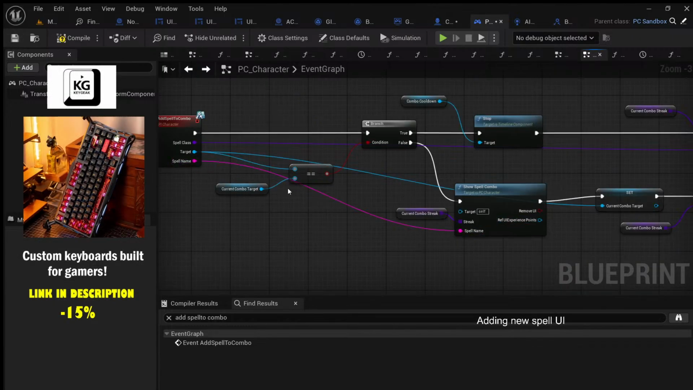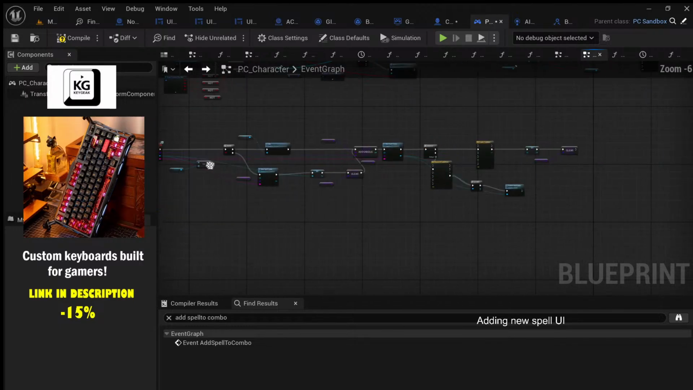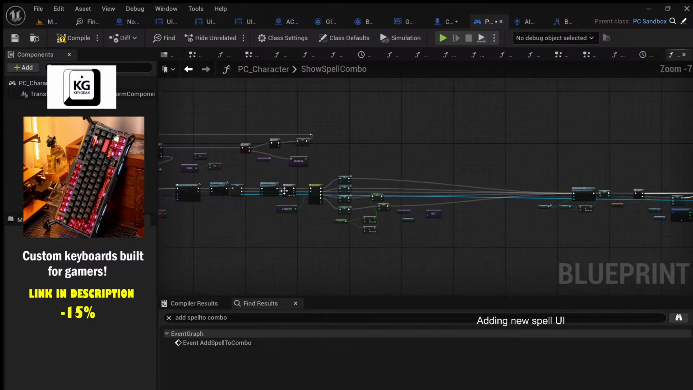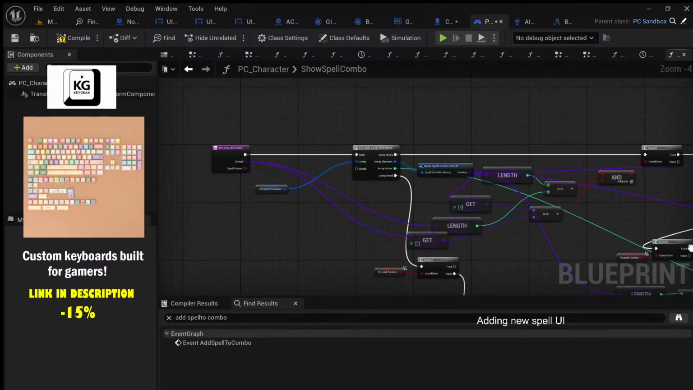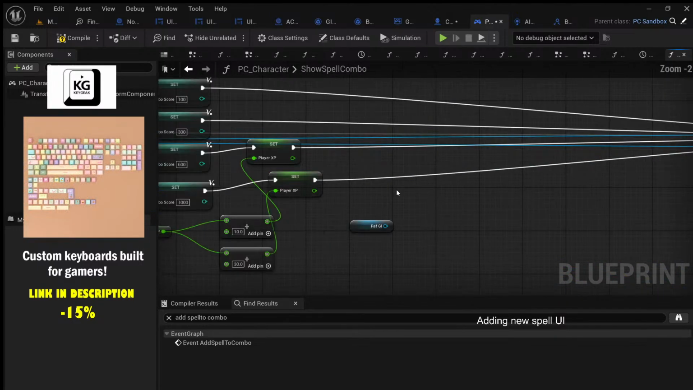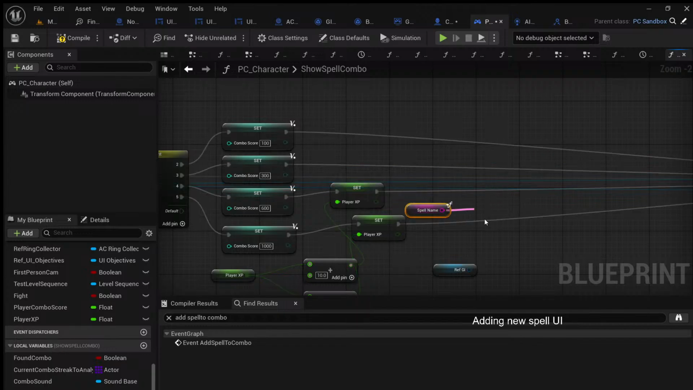So this we will connect here. This will get connected here. Perfect. So now we have the spell name. So over here we can get the spell name that we have as an input, and we can